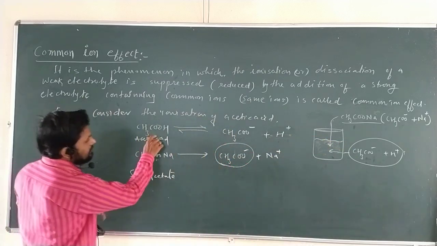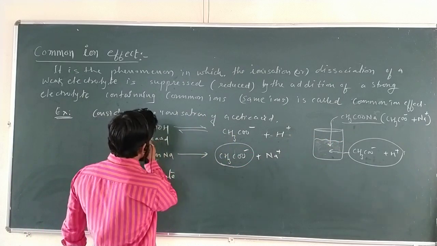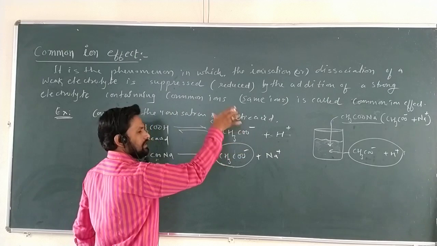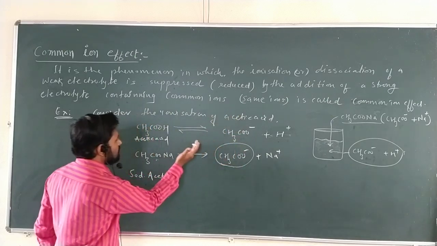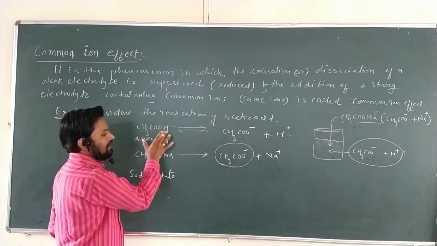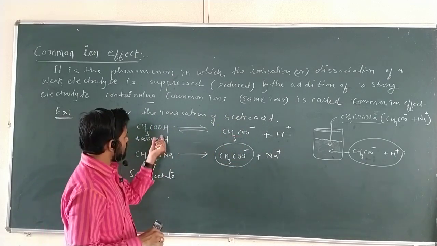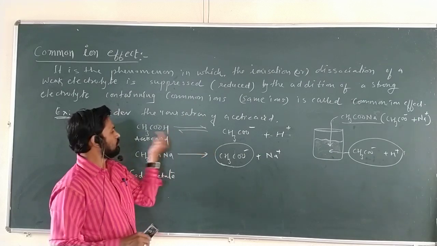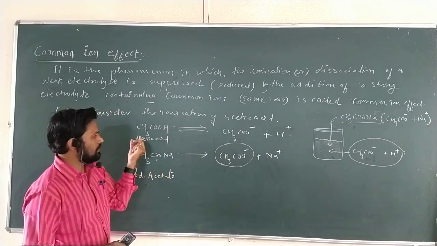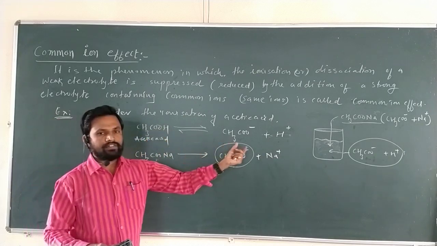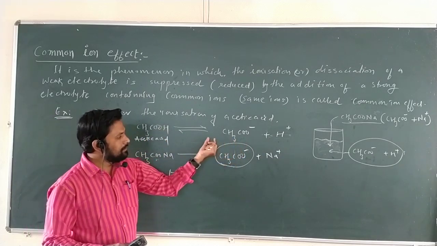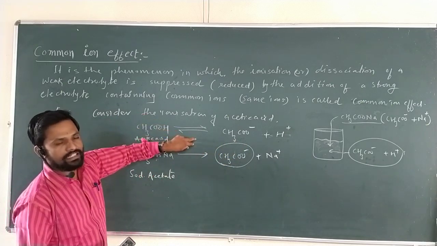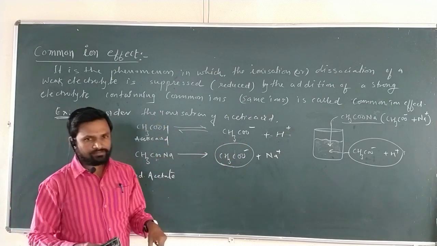Obviously what happens, this is the reaction, the equilibrium of acetate ions, meaning the concentration of acetate ions increases. Therefore this reaction shifts toward the left hand side. Means the concentration of unionized molecules increases, that is, the equilibrium is shifted towards the acetic acid. With the help of this common ion effect, the equilibrium is shifted toward the left hand side. Means again we are suppressing the ionization of acetic acid.